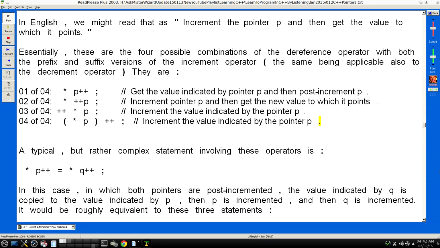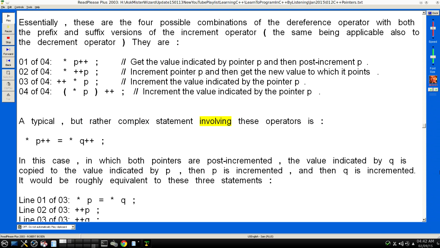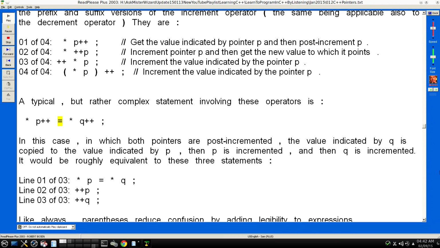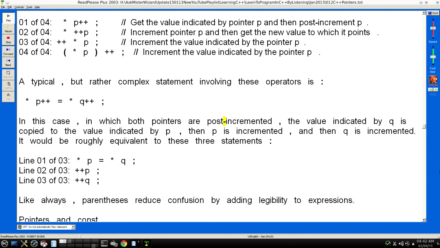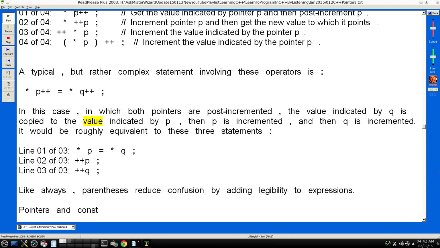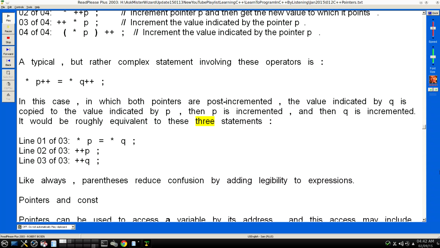A typical, but rather complex statement involving these operators is: *b++ = *q++; In this case, in which both pointers are post-incremented, the value indicated by q is copied to the value indicated by p, then p is incremented, and then q is incremented. It would be roughly equivalent to these three statements: